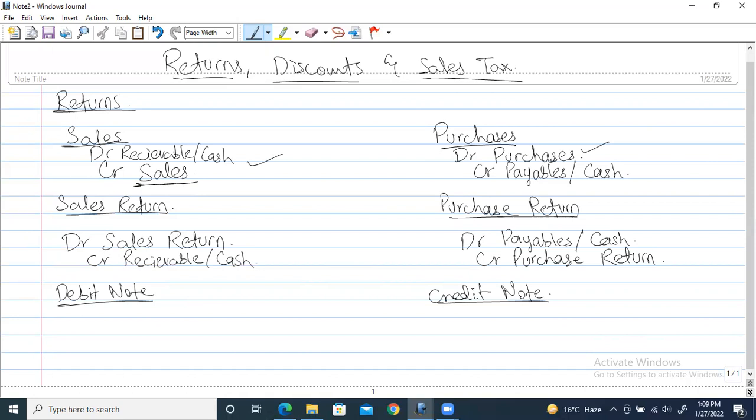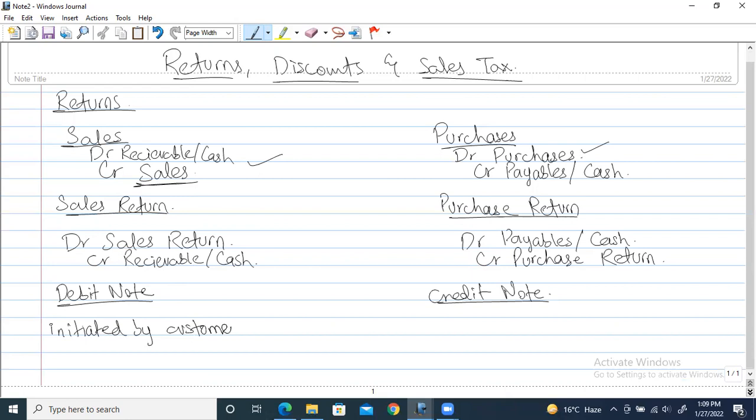So let me explain for you from the start. What happens in the debit note is that all the story starts from the customer, right? The customer initiates the return, right? Because obviously the supplier will not say, okay, please give me the return back. The customer initiates it because he finds something bad, a fault or the wrong color, the wrong size, right? So the customer initiates the return by writing a debit note. Okay, so if I write the definition of debit note, this will be initiated by